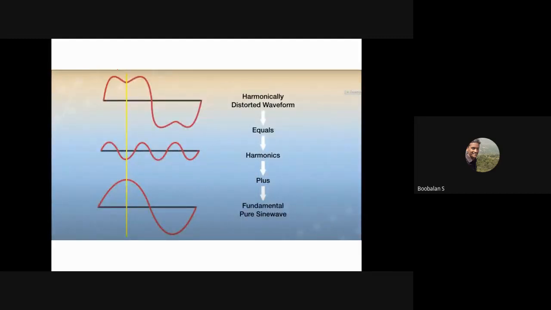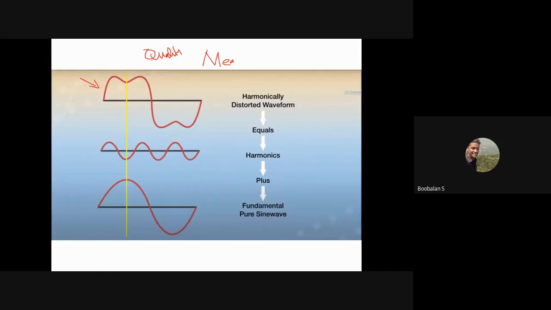Now I am going to measure with the help of a power quality analyzer. We have meters, right? In our lab we use measuring instruments like the multimeter, voltmeter, ammeter, power meter. The same way, there is a meter called the power quality analyzer. It measures the quality of power. So how are we able to measure the quality of power? With the help of this meter, the power analyzer or power quality analyzer, we are able to measure.